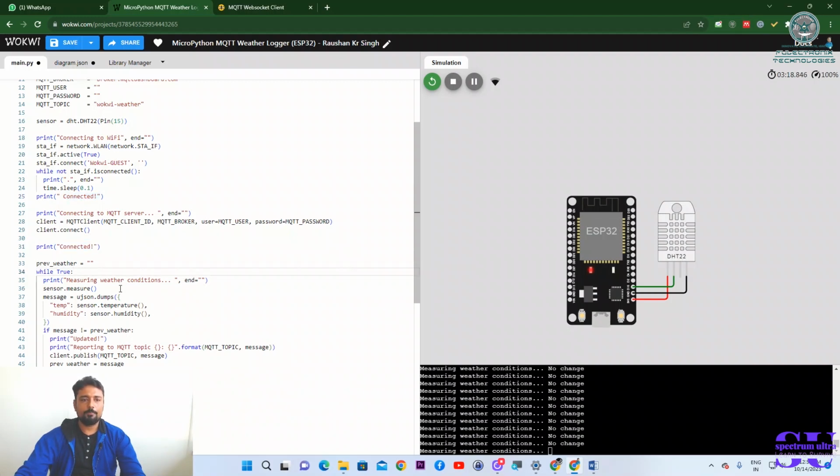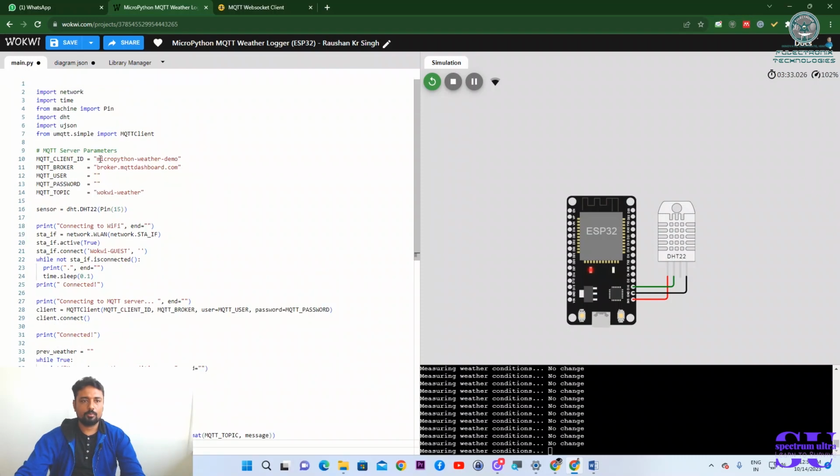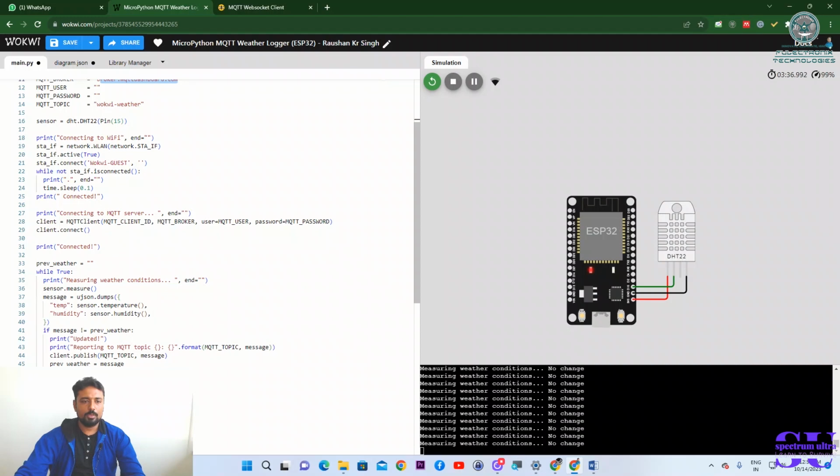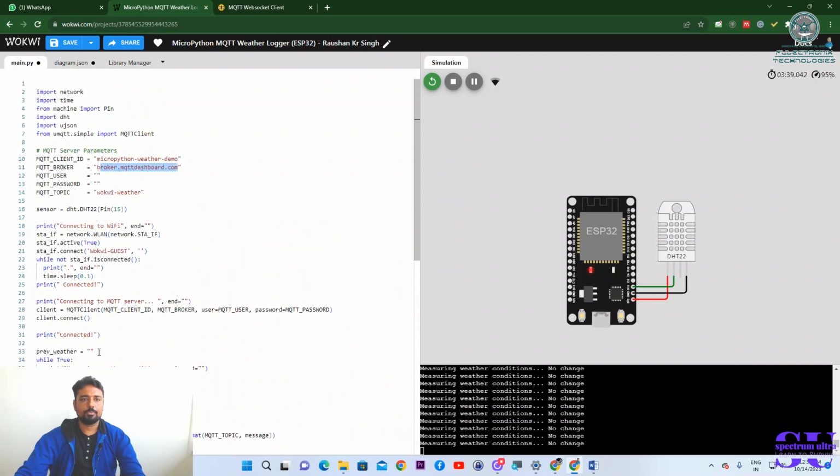When it is connected, it will get the information and update it on your MQTT topic, on the weather, whatever is your broker name. On that broker, mqttdashboard.com, it will be updated immediately. So that is the overall thing.